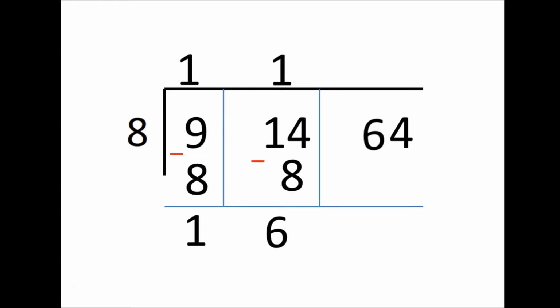8 times 6 is 48. That's close. 8 times 7 is 56. Close, but let's see if we can get some more. 8 times 8 is 64. Oh, it's exactly the same number. So we're going to go ahead and use 8 times 8, giving us 64, and 0 is the final answer,